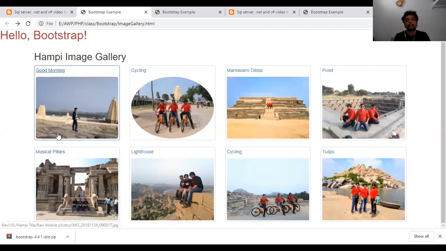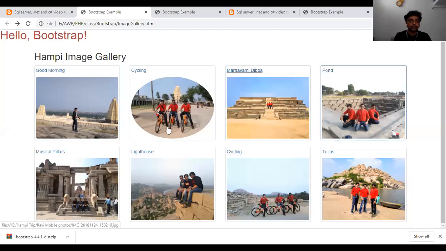So if I give rounded, you can see the corners of the images got rounded. Image hyphen circle, sorry, will make the image look in a circular way, or else image thumbnail, which is the default and looks like a thumbnail. The thumbnail is used so that every image looks in columns and rows, column wise, so I will call that image thumbnail.